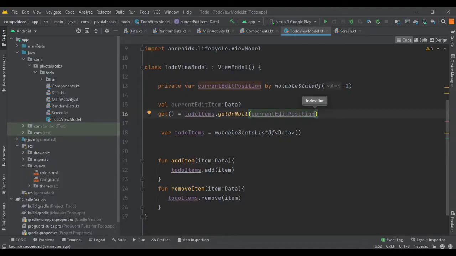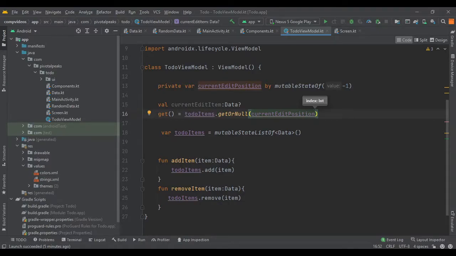So whenever a composable calls current edit item, it will observe changes to both the to-do items and the current edit position. If either changes, the composable will call the getter again to get the new value.